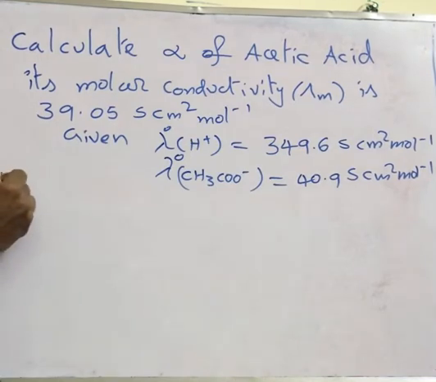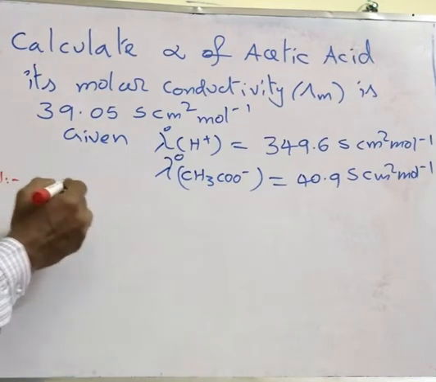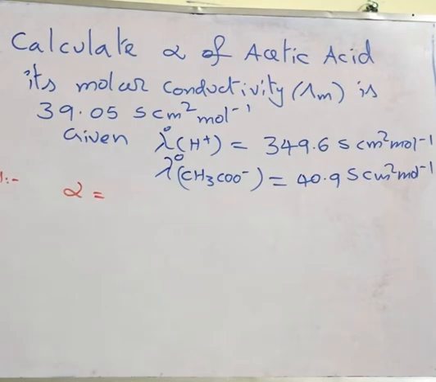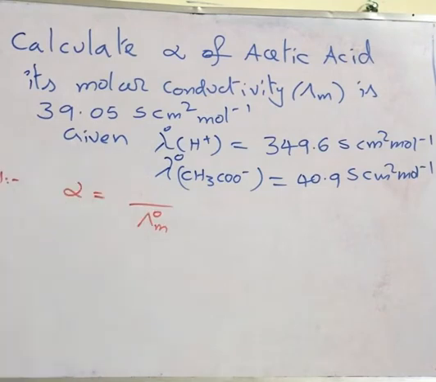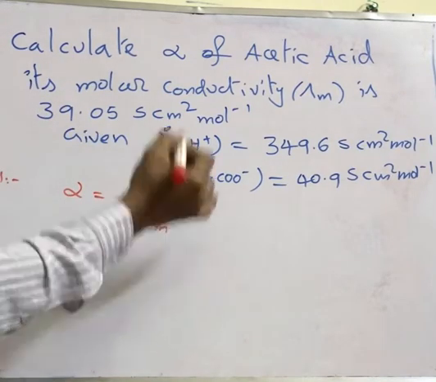In order to solve this, first we need to know what the degree of dissociation is, and how we can obtain it with respect to the molar conductivity. The extent to which the acetic acid dissociated in the solution is the degree of dissociation, alpha. If I have to know that, I should first know the limiting molar conductivity, lambda m O or lambda m infinite. That means at infinite dilution, the molar conductivity of acetic acid, and at the given dilution, what is the molar conductivity of acetic acid.